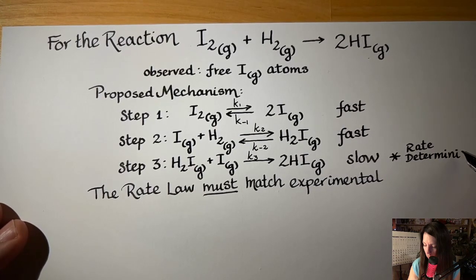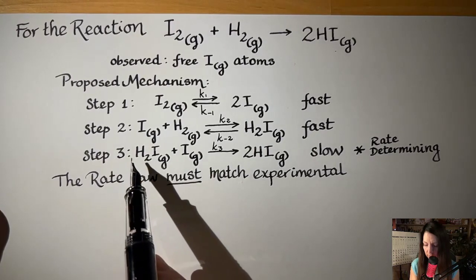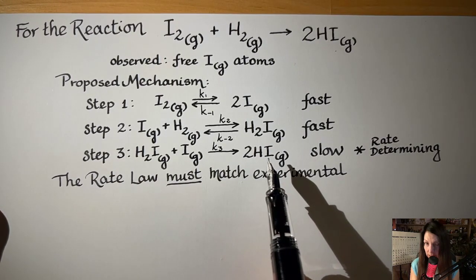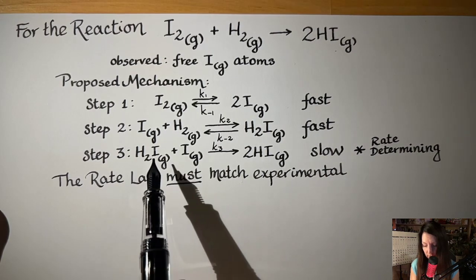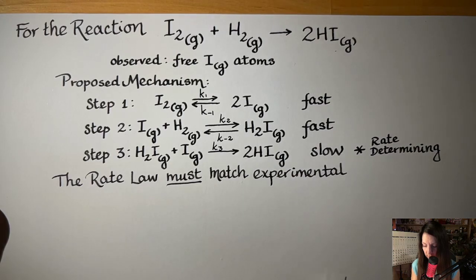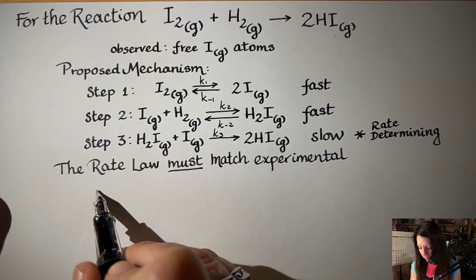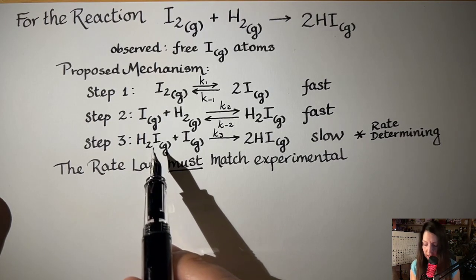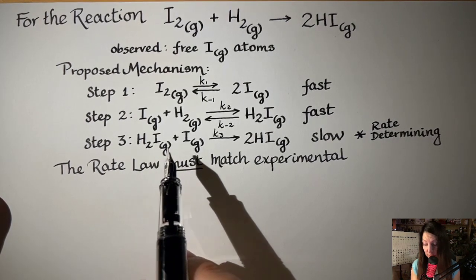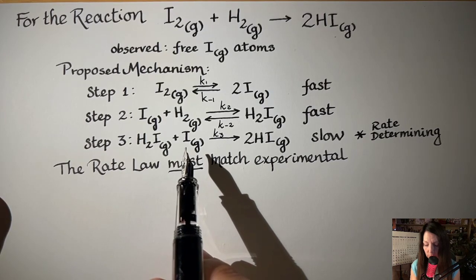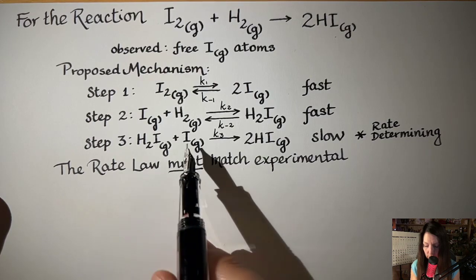So, what we can do is, because step 3 is an elementary step, we can write a rate law directly from this elementary step. And the reason why we can do that is because elementary steps show us what is actually happening between the molecules. So the rate will depend on what is the concentration of H2I and what is the concentration of